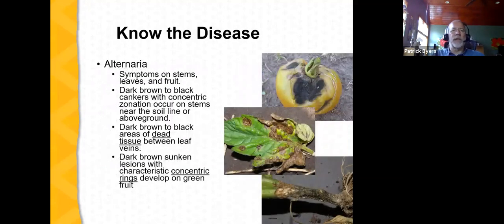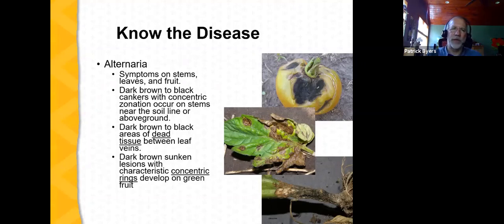Now, of course, we need to understand Alternaria. We have to understand the pattern of symptoms, not just on the leaves where we commonly see it, but also on the stems and on the fruit. Frequently, these lesions, especially when they show up on the leaf or on the stem, and the fruit as well, are somewhat concentric in nature, which means they look a bit like a bullseye. And this is where the term concentric rings comes from. If you see that, that's a pretty strong indication that you're dealing with an Alternaria infection.